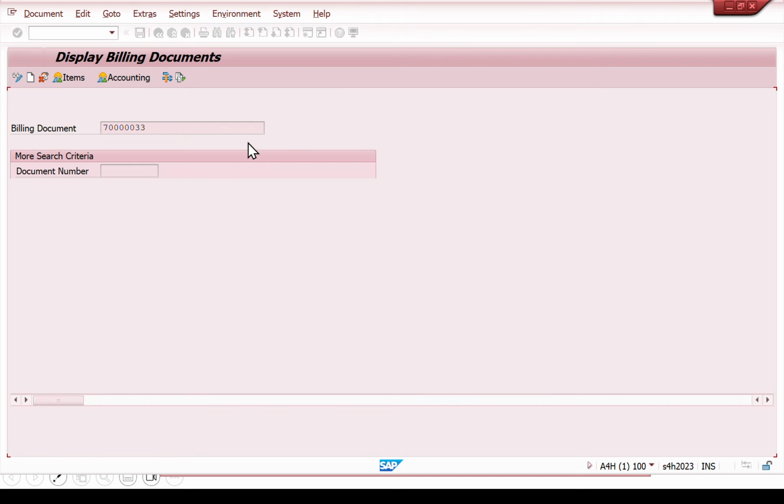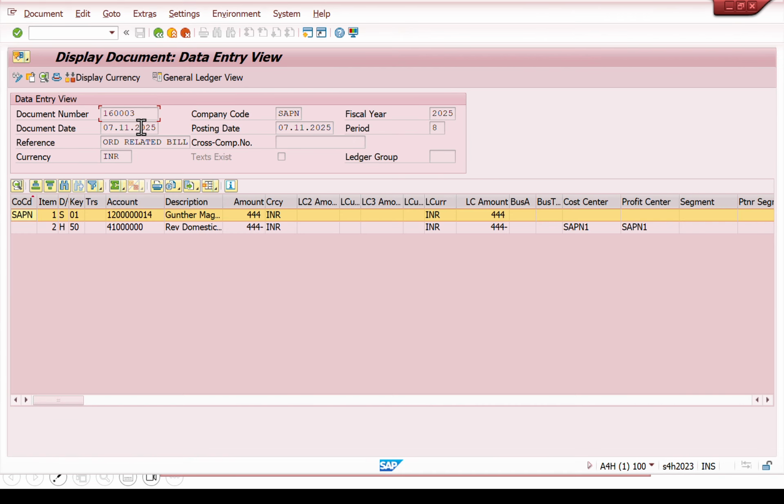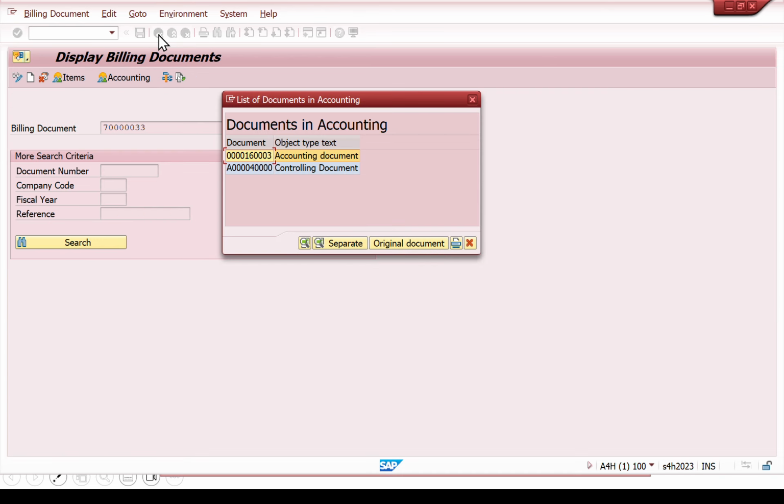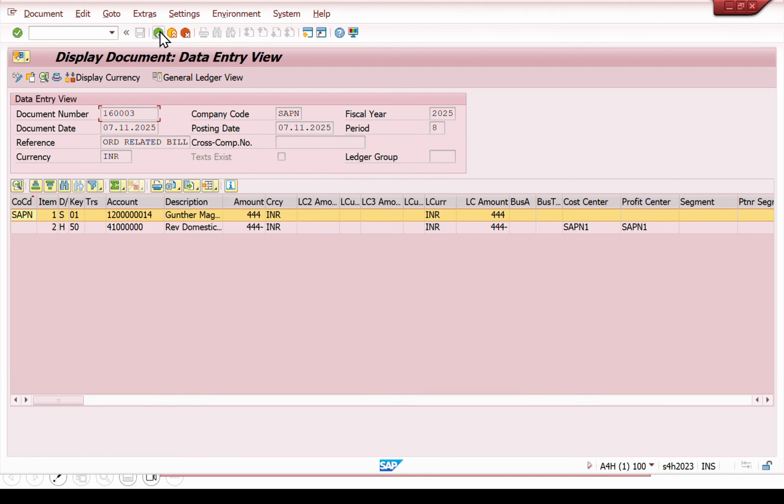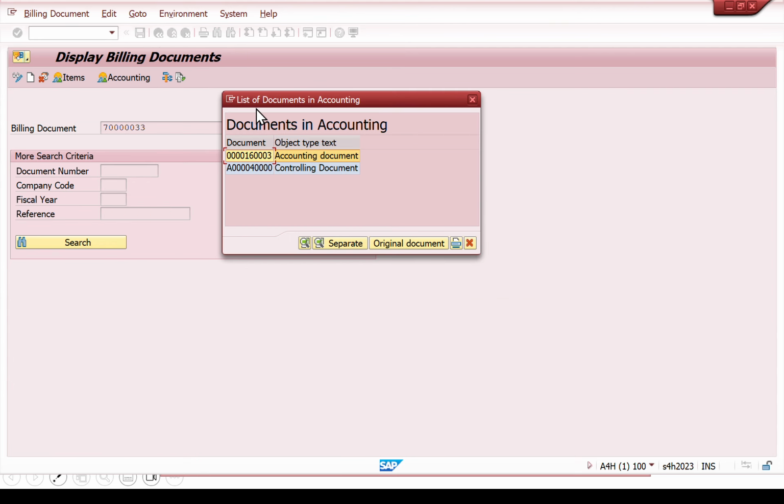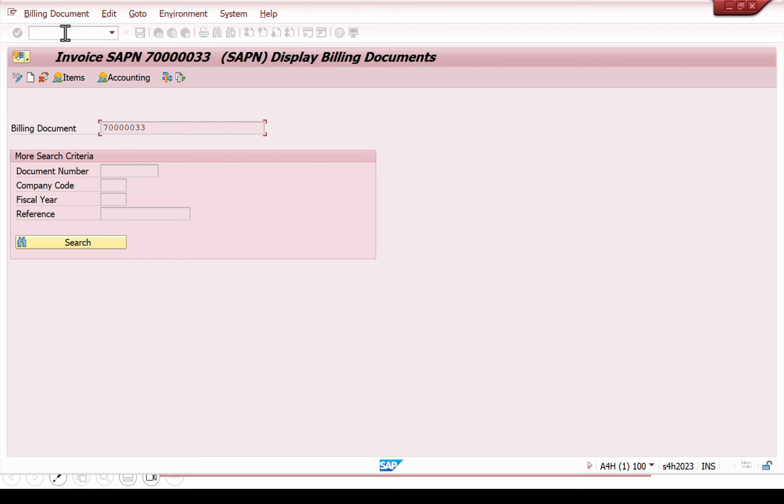so that whenever they are doing reconciliation of this document, they will get to know what the billing document could be, without checking inside the data. By looking at the account document only, they will get to know the billing document. Okay, that is easy for them. So we will do the configuration now, so that both the billing document number and account document number will be the same. First let me check